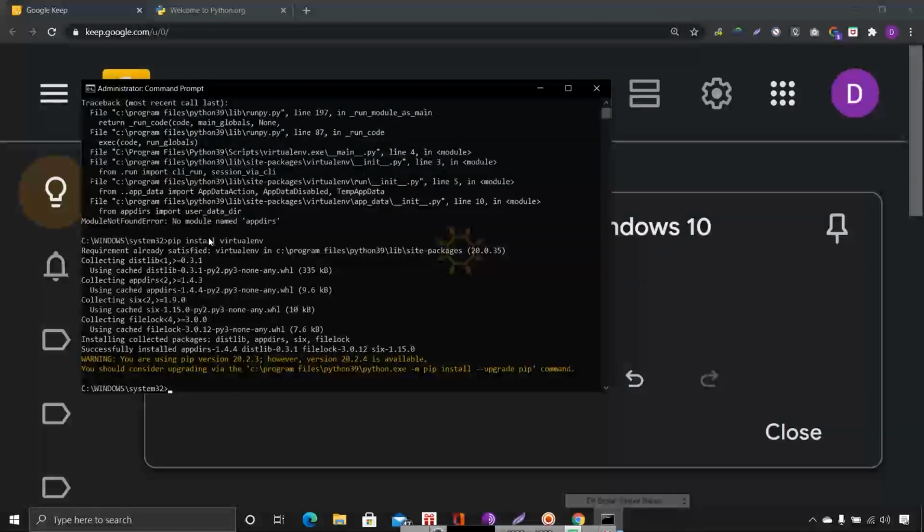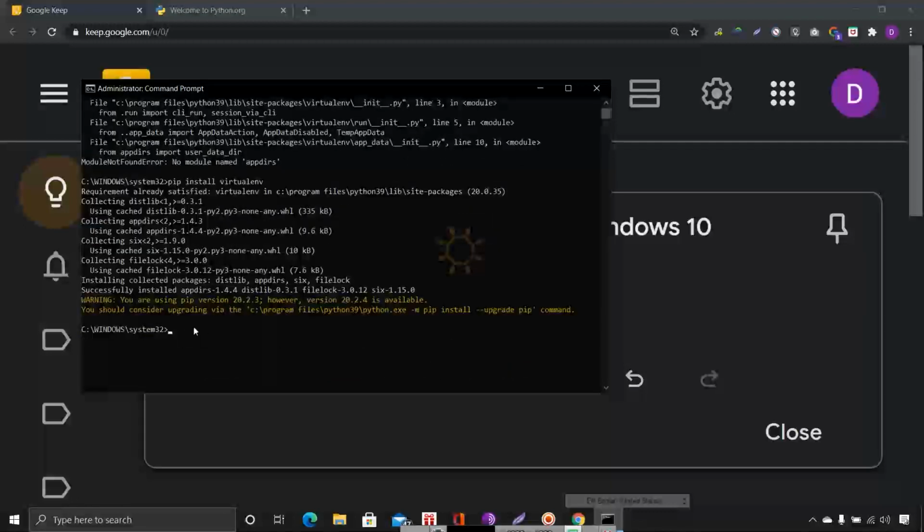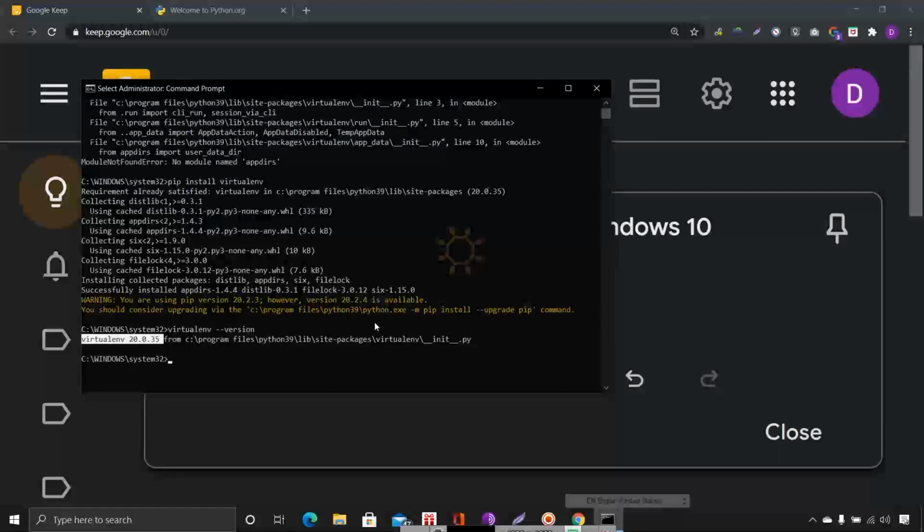Okay, now virtualenv is installed. Now we will check virtualenv. Yes, here you can see the version number, so virtualenv is installed.